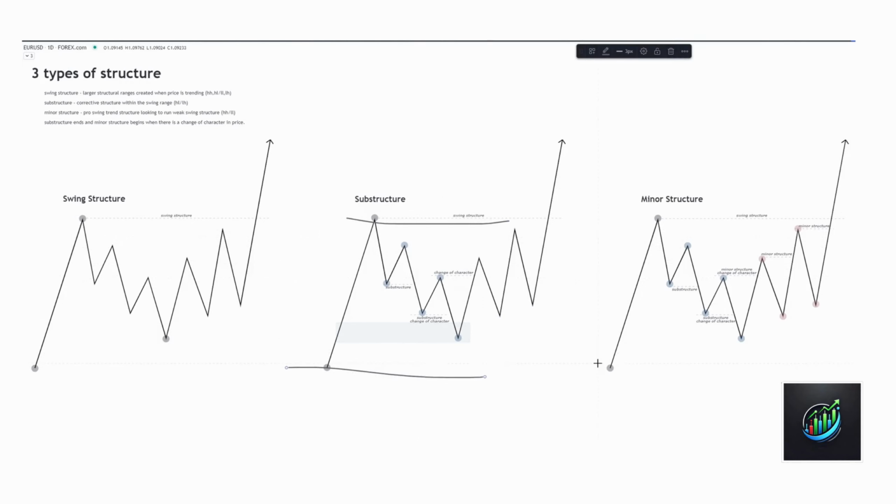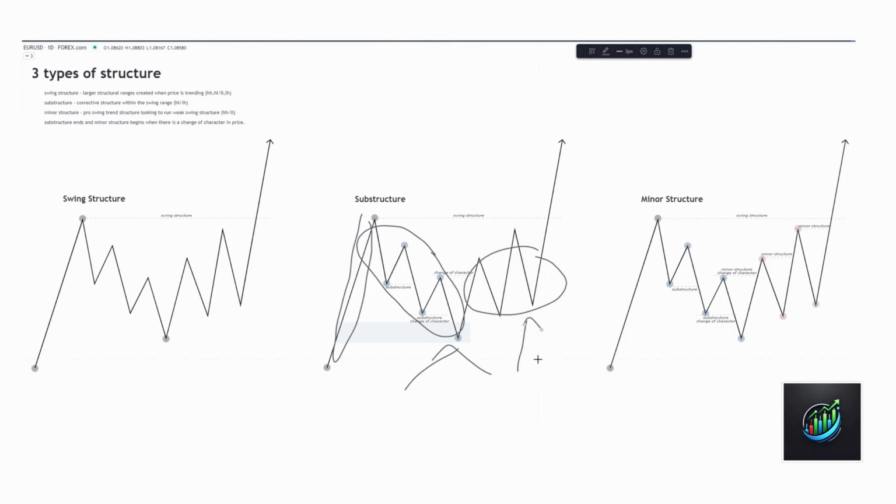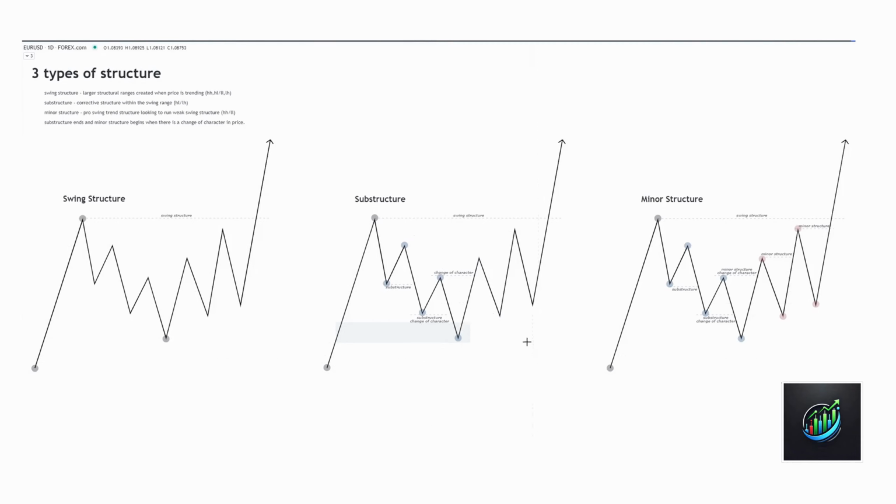Because if not, what we're likely to be doing is just waiting for price to do something, and we're going to be guessing at which demand zones to pick, or guessing where price is on a chart to make an informed trading decision. This way, if we're more in line with what's happening on these three different types of structure, we can make better decisions and then build better quality trade decisions and just understand order flow at a higher level, because it's so important to understand these concepts, apply them to the charts,